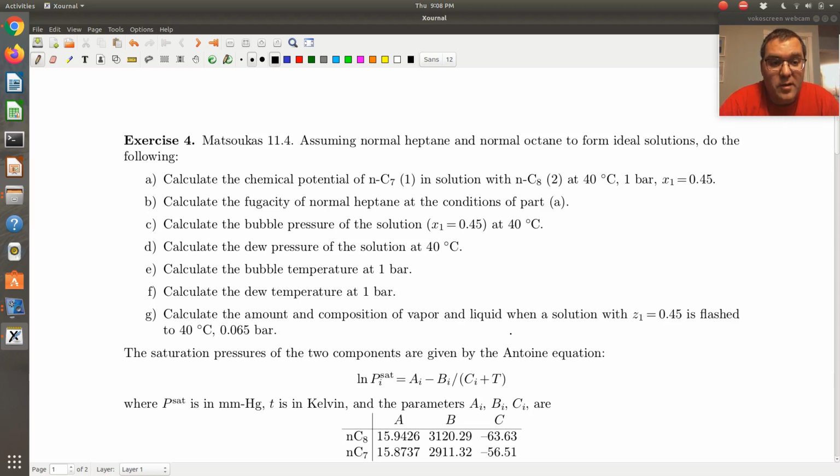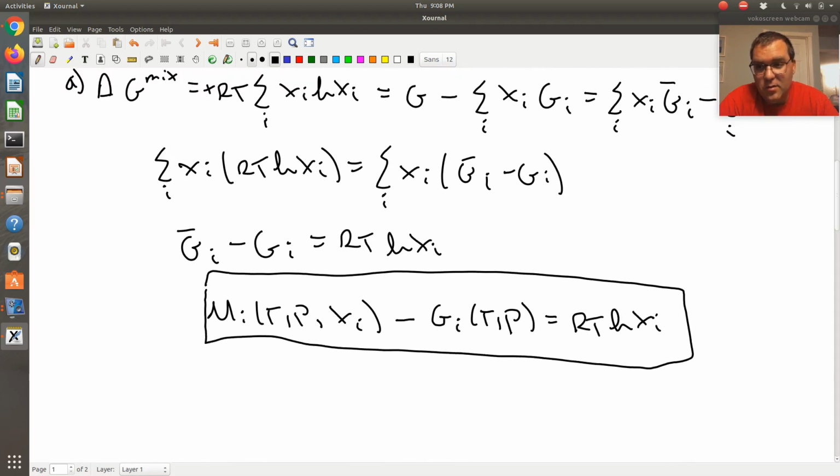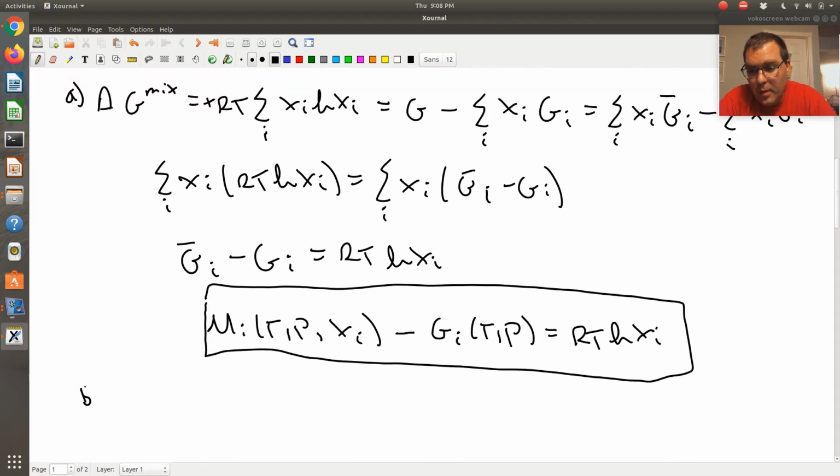And then we're told that we have an ideal solution, okay? And so if I need to calculate the fugacity of an ideal solution, remember that the fugacity of component i in an ideal solution, so ideal solution, we're thinking liquid phase, okay? So that's why I said we do the dew P and bubble P calculation to confirm that we have a liquid. So I confirm I have a liquid, that we're told to assume that it forms an ideal solution, okay? And so if I have an ideal solution, then the fugacity of component i in my ideal solution will just be x_i, the mole fraction, times f_i pure,